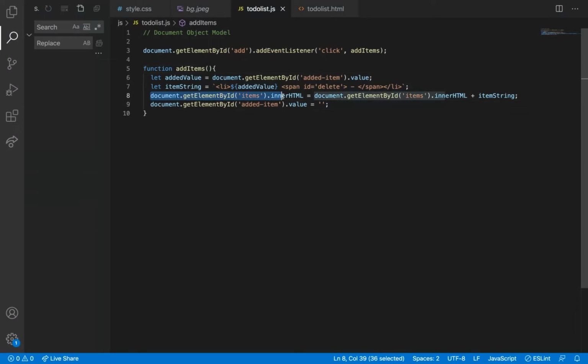I'm not sure why, if I'm adding it in a string, why it is not working as a variable. Let me try once again.